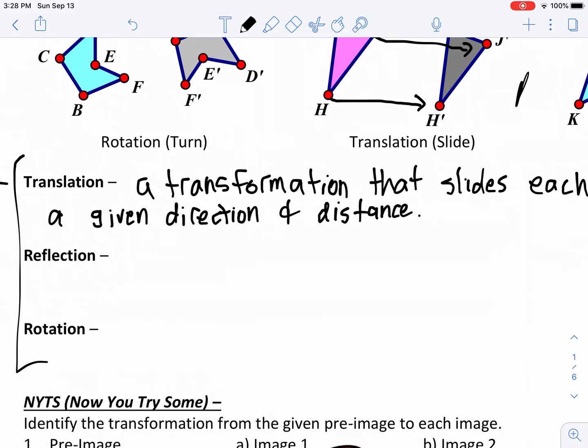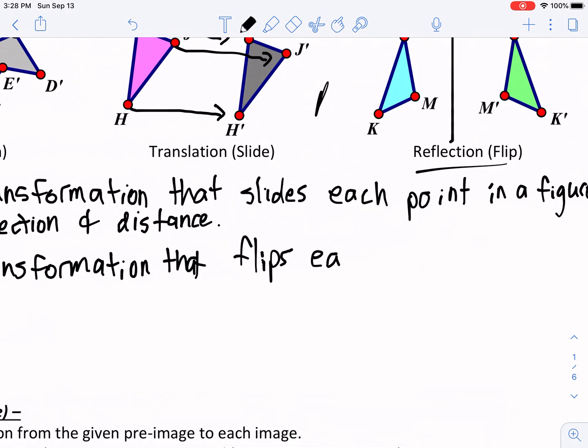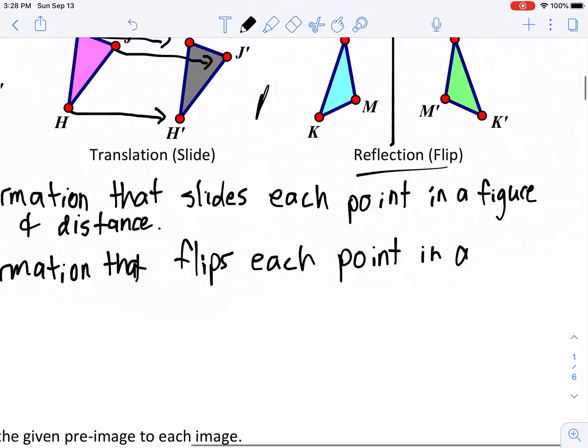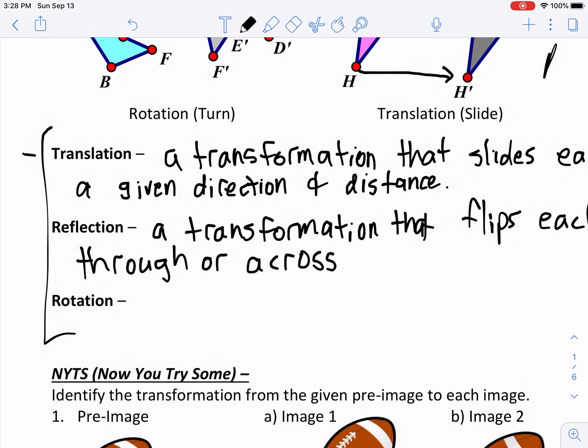Okay? Then a reflection is a transformation that flips each point in a figure through or across a given line. Okay, so we kind of talked about, similar to that idea of thinking of the line of symmetry, it flips